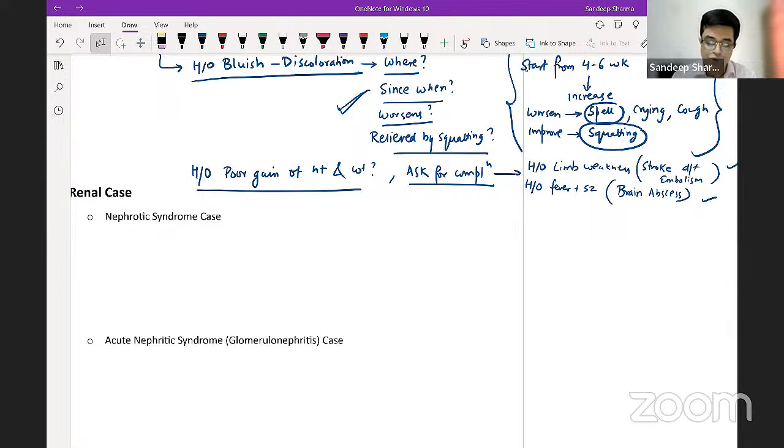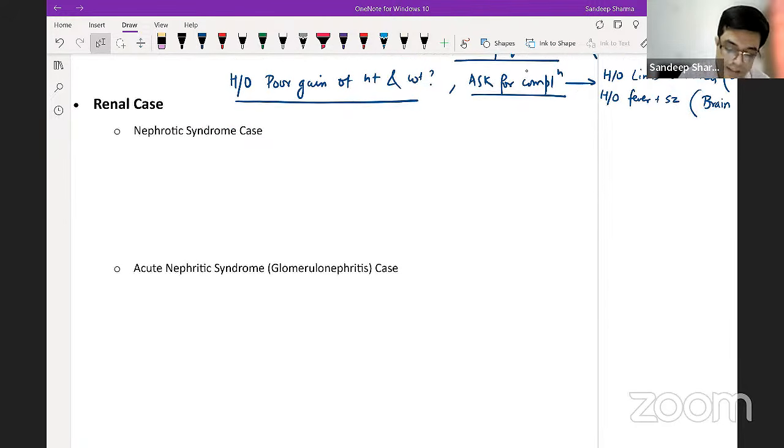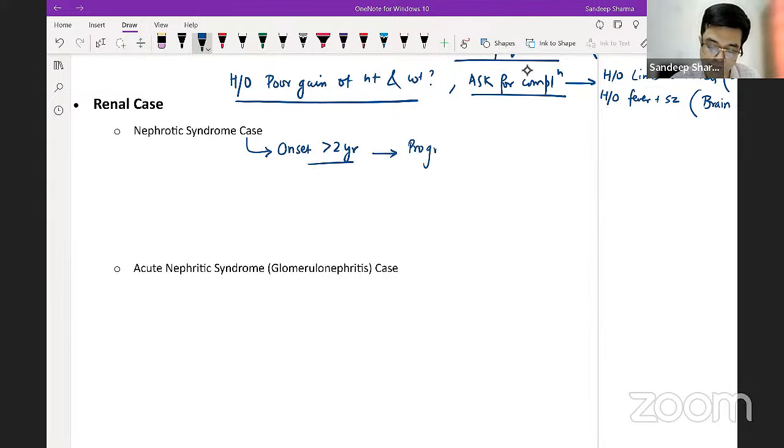If you have a renal case, you can have two common renal cases given in the exam. Either it will be a nephrotic or a nephritic syndrome case. In a nephrotic syndrome case, usually the child will have onset of symptoms more than 2 years, and the child will have progressive swelling of the body. So this progressive swelling will classically start on the face,